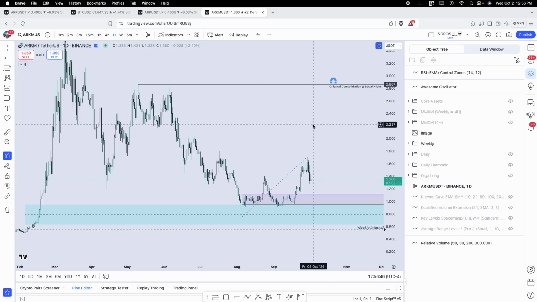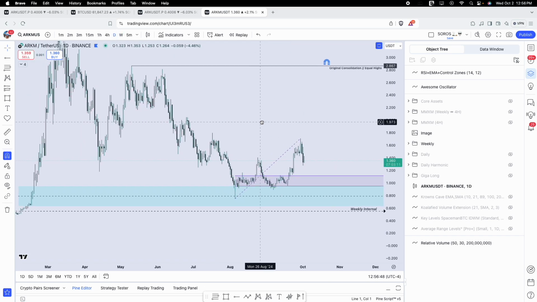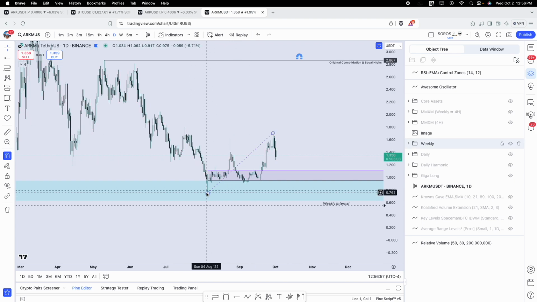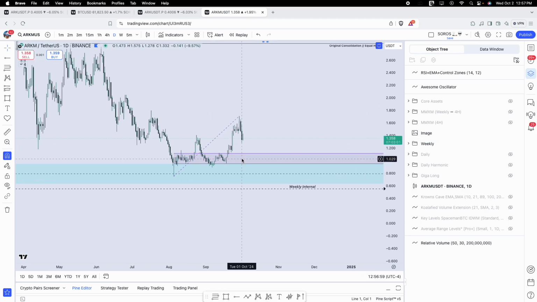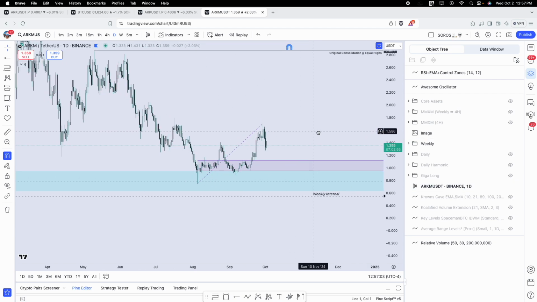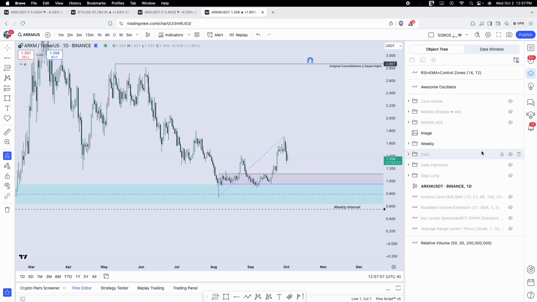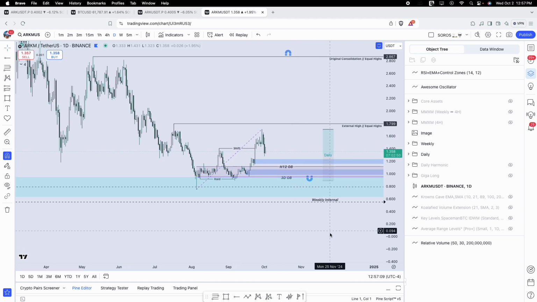The daily, as of now, we've had a shift above this high, this one, and now we have equal highs in the range. So if you fib from here to here, your OTE fib is basically going to land in this node where you could see there's obvious buyer intent. So this is your daily.